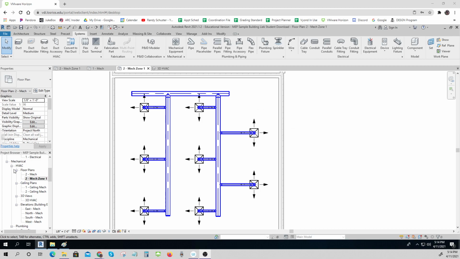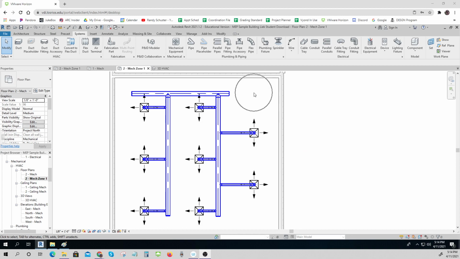So you see, we've been working backwards in our calculations. We started with the air handler, and then we looked at flow rates, which is what's going to go through these ducts, and then we finally made it to the air terminals. When we're modeling, we go backwards of that. We started with the air terminals, we placed the ducting, and now I'm going to place the air handler, and